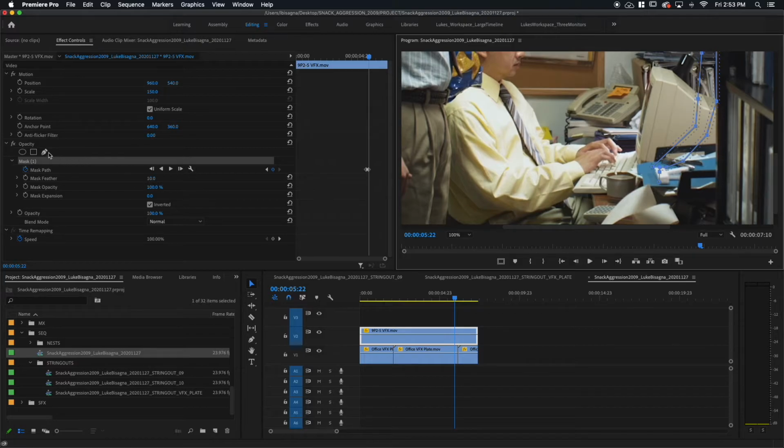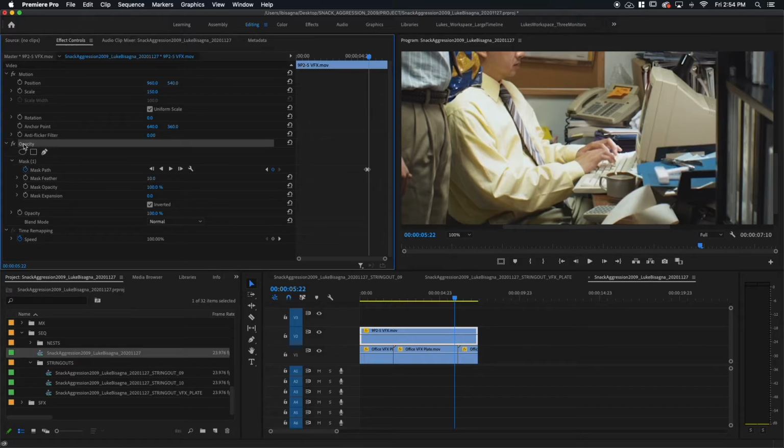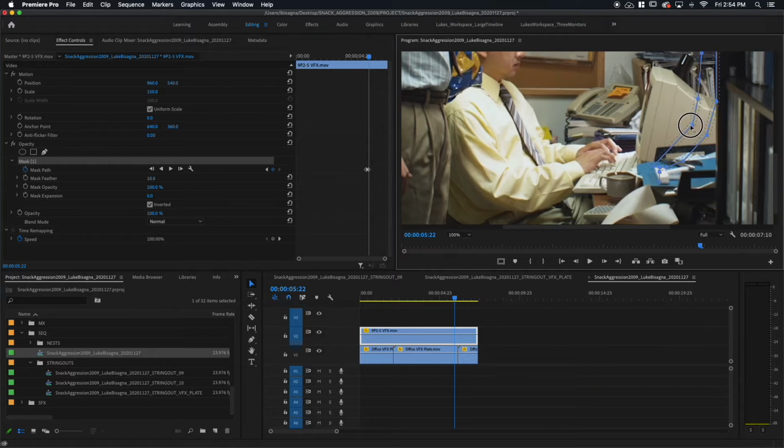And on the clip, looks like we might have a little bit of an issue there. So I'm going to expand this just a little bit there. Just a little bit. Yeah. Okay. So now you can see that I've made an adjustment and I've got a new keyframe at this frame